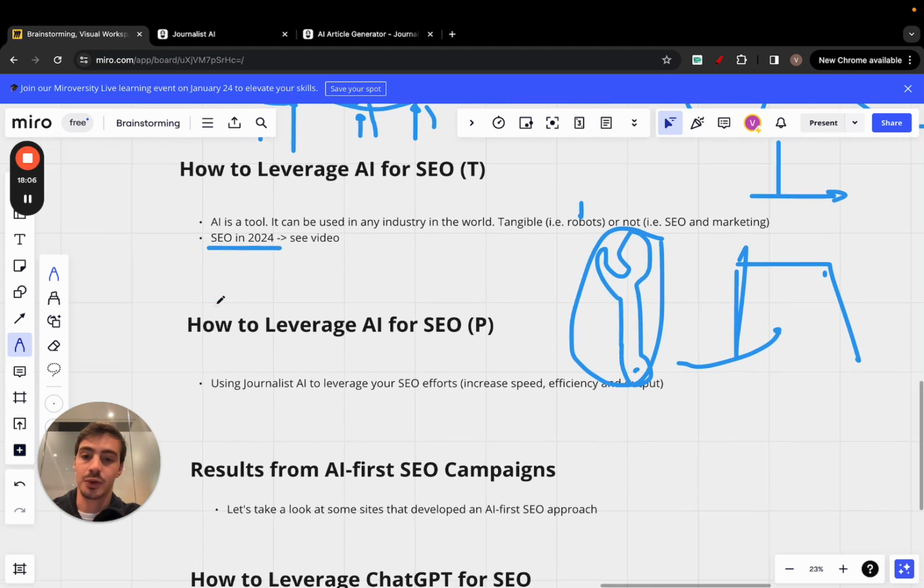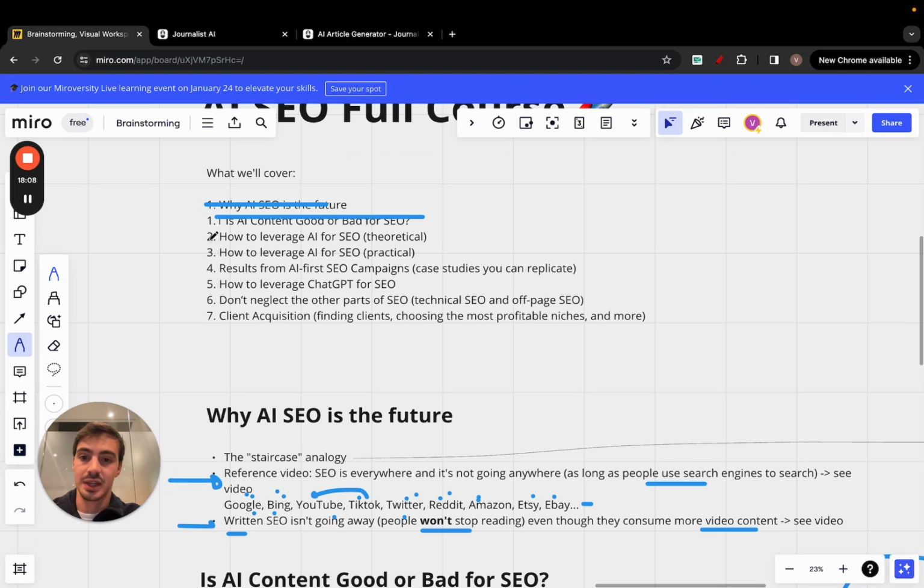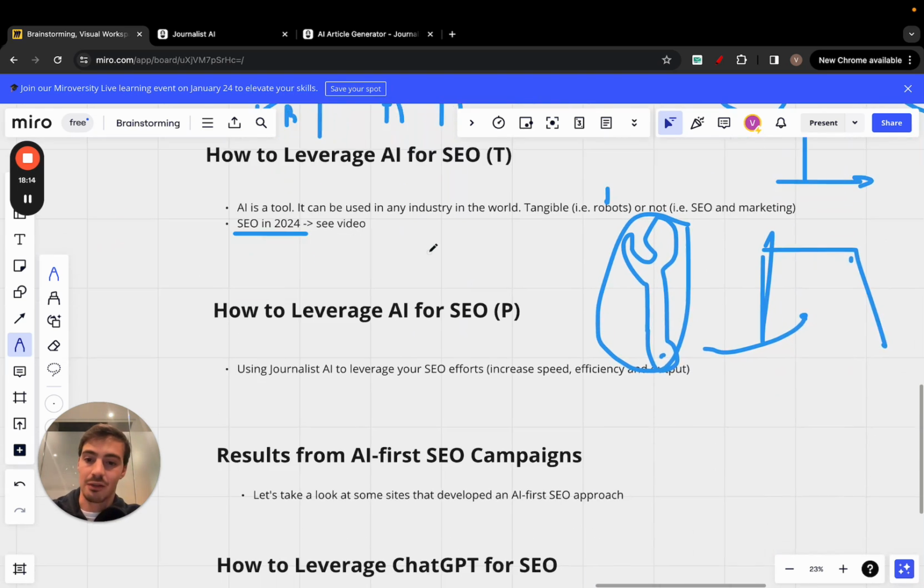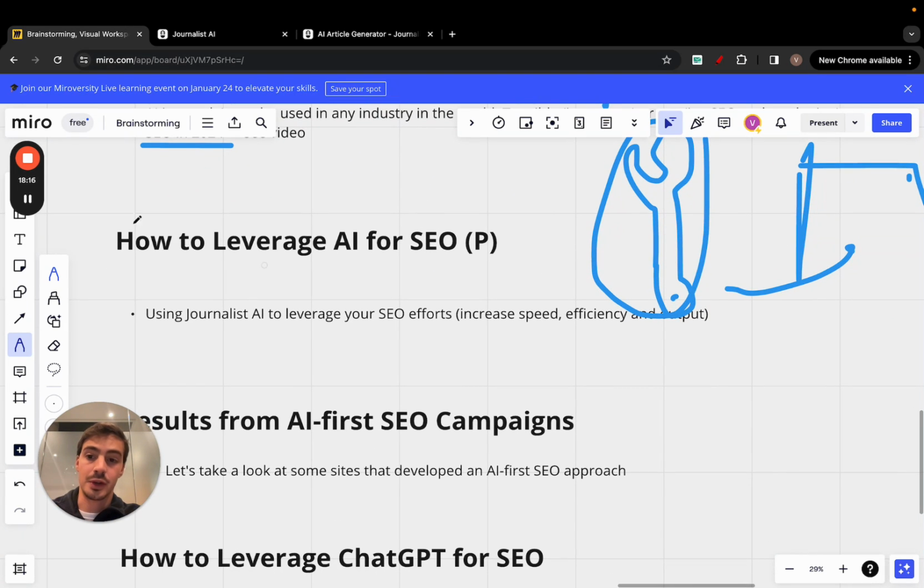I want to move on to the third part here, which is how to leverage AI for SEO in a practical way, because we should talk about theoreticals, but I want to go deep in how to leverage AI for SEO. So I'm of course going to use a tool that I've created. Full disclosure, this is my tool. I own this tool, but it is the best tool in the market. Again, I'm biased, but you can try them all, and I can assure you, you will be back to this one because it is the best at what we do.